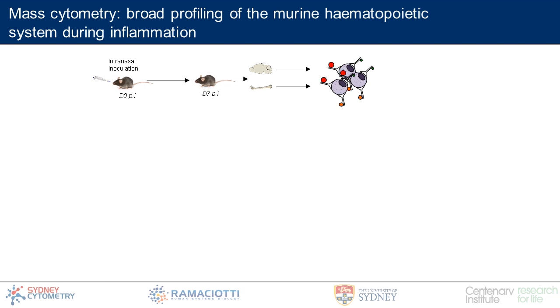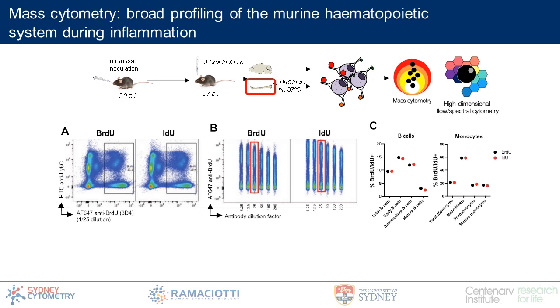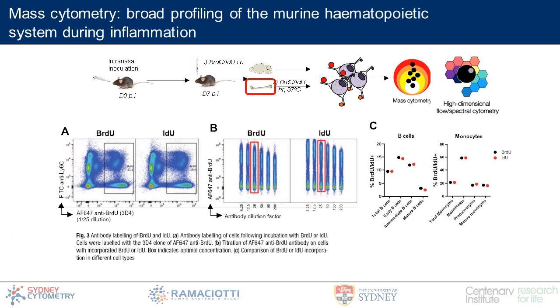These cells can be labeled with our antibodies and then analyzed using flow or mass cytometry. The kinds of panels that we use depend somewhat on the kind of tissue that we're analyzing. When we're looking at hematopoietic tissues, for instance, we have panels that incorporate largely immune markers, but not necessarily only immune markers. Sometimes we're interested in analyzing what's going on in terms of the hematopoietic and cell cycle system as well. So for instance, if we look at the bone marrow, what we have is the ability to incorporate a